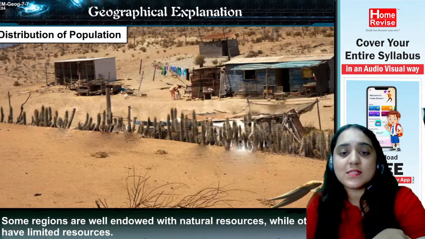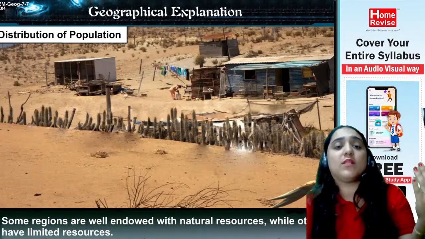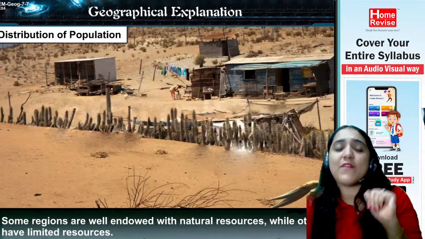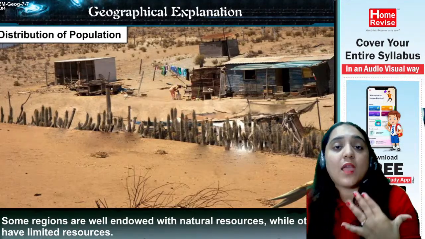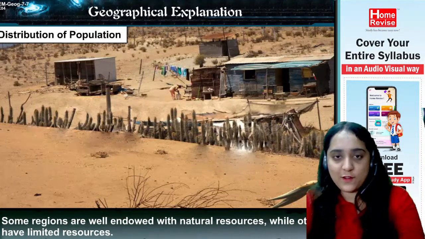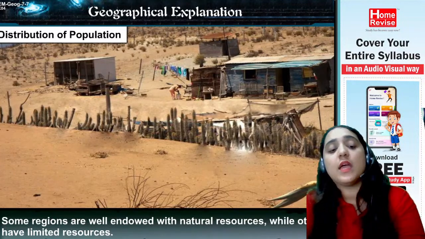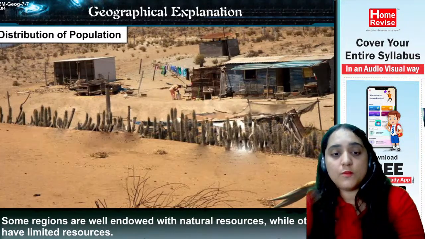Exactly. यहाँ पे resources कम है, यहाँ पे limited resources है, natural resources कम है, water, light, all the things are very less. So none of the people will think of migrating intentionally to such kind of places. Okay. So distribution of population also depends upon the natural resources. Moving further,